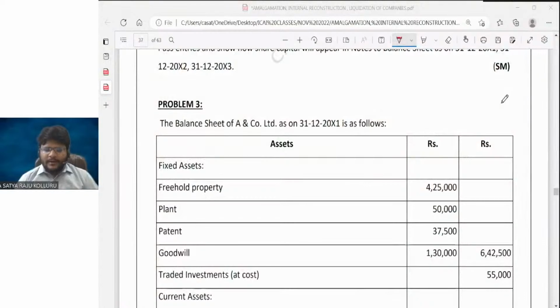We are in the chapter internal reconstruction. In the last session, we were almost at the end of problem number 3. Due to lack of time, in that hurry mode, we have not yet finalized the figures of the balance sheet. So let us have a quick look at the balance sheet and then we'll go for the further issues. No recap, nothing. Because the chapter internal reconstruction itself is a very small chapter,